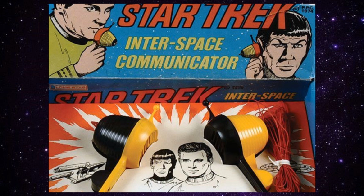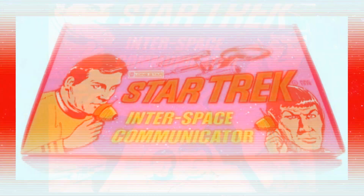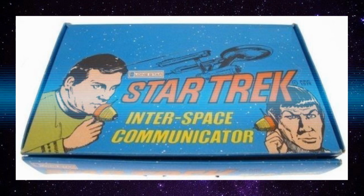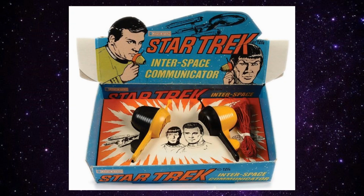Next up is an older one. This is the Star Trek Interspace Communicators. These are kind of like when you get a paper cup and you punch a hole in it and tie a string to it and talk through the cup to your buddy who's like 20 feet away with the other end of the string. That's what these are, but